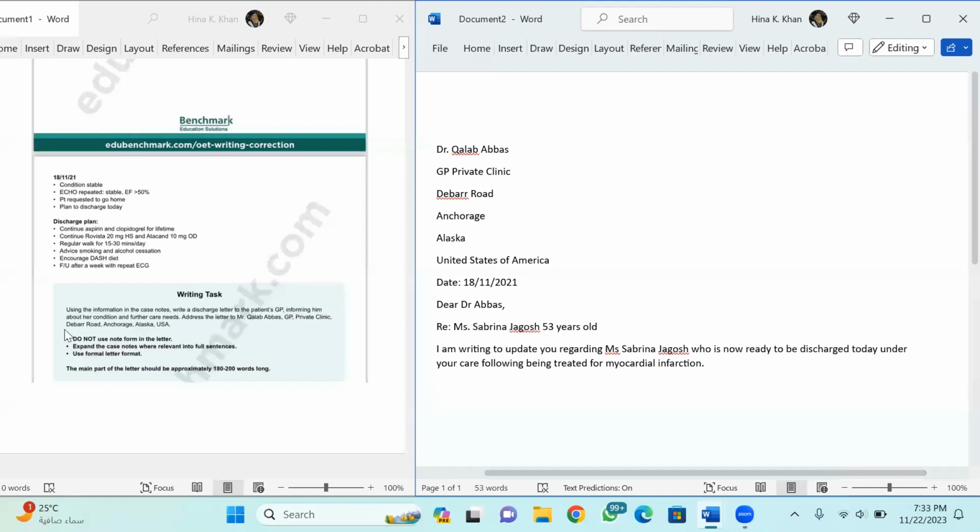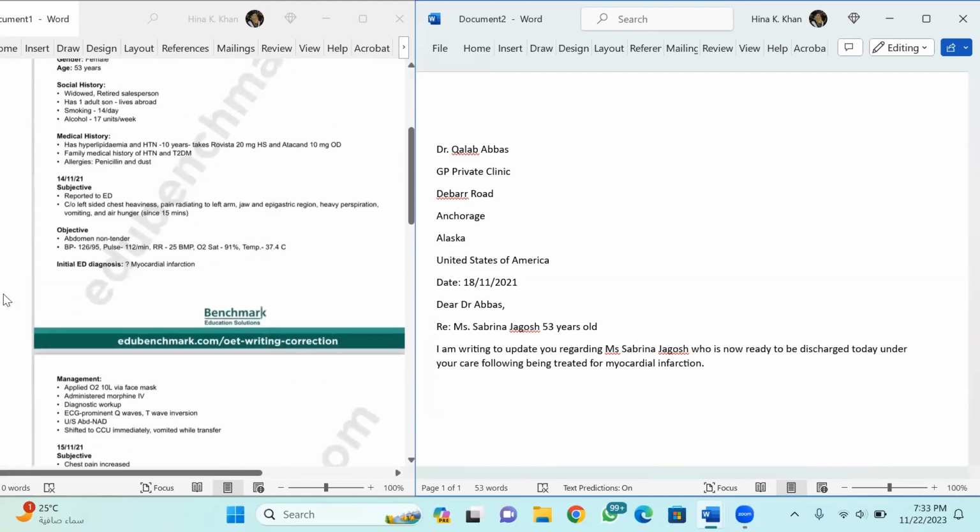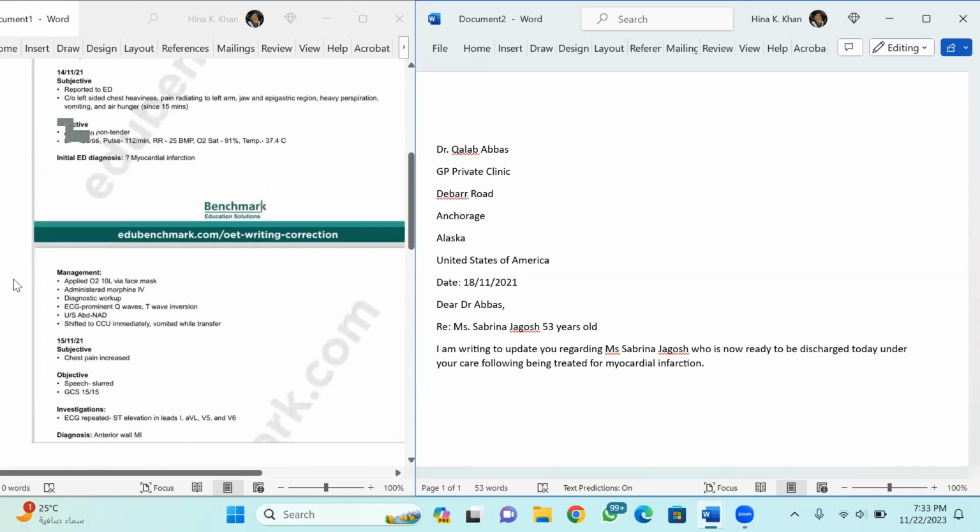Now the first day she came was on 14th. Okay, this is the 14th. Now you can just write. You can either start the paragraph with on 14th, or you can say, okay, initially on 14th, because that was the day when she was admitted also. So you can either start, okay, Miss Jagosh presented to the emergency department on 14th, or you can say on 14th. Okay, both are correct. So I will just go with Miss